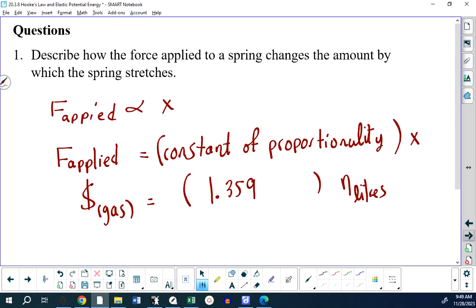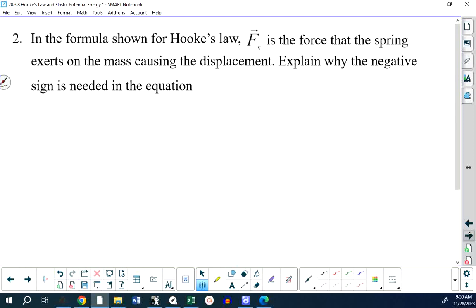Because this spring requires more force to stretch it a certain distance, the constant of proportionality is greater. You want to stretch it this much, you've got to apply a large force. That larger force times this displacement gives you, that larger constant of proportionality times the displacement explains the larger force. So that's the description. In the formula shown, Fs is the force that the spring exerts, and y the negative sign